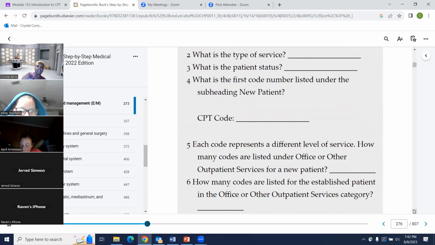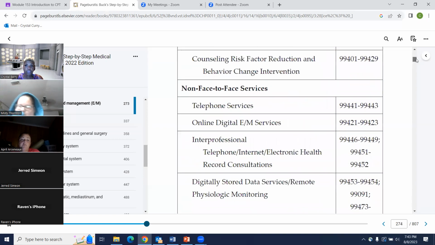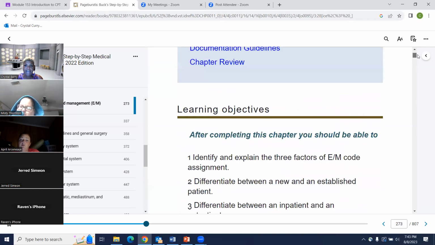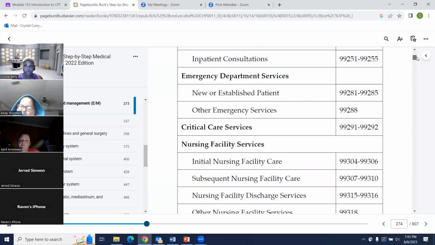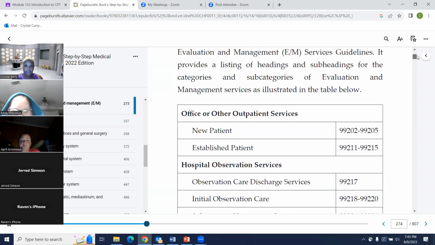So it was the subheading under new patient. So the CPT code for new patient was 99202 to 99205. I'm sorry, the subheading they wanted to know for this was what? What was the subheading for a new patient?